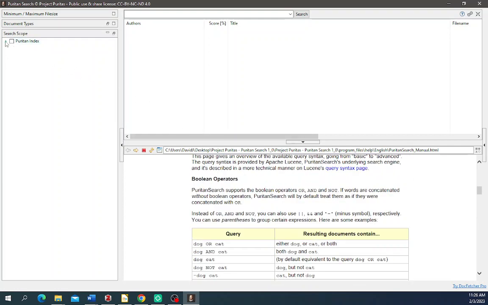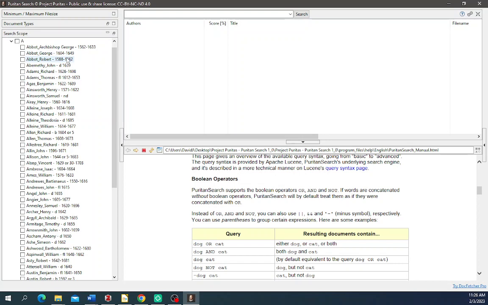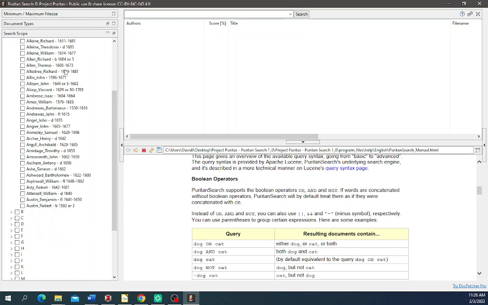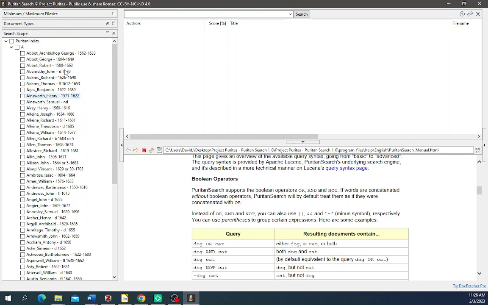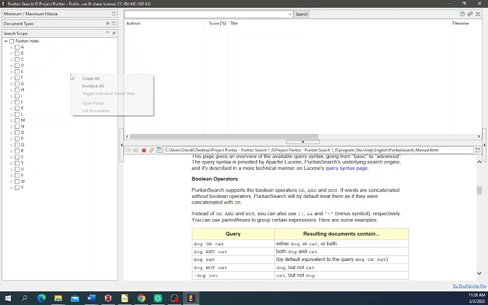When you're over here in the Puritan index, like it was mentioned in the original video, you will see everything listed by authors or by Puritans and nonconformists. Sorry, this is my personal copy, so I may have rearranged it a little differently than what's going to come right out of the box for y'all. But what you can do with this is if you right click, you can click check all, and this will check all the authors. So say you wanted to run a search on "and the Lord said,"